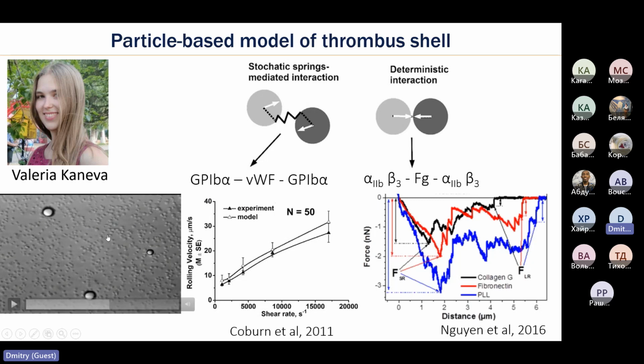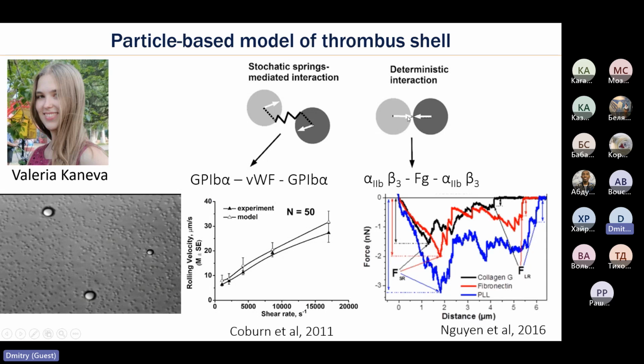Using videos like this, people have published data on how the rolling velocity of single platelets, on average, of course, depends on the shear rate. Here, after 1,000 inverse seconds, we see a pretty much linear increase of the rolling velocity. So first we calibrated this stochastic spring interaction using this experimental data. And after that, as the second step,